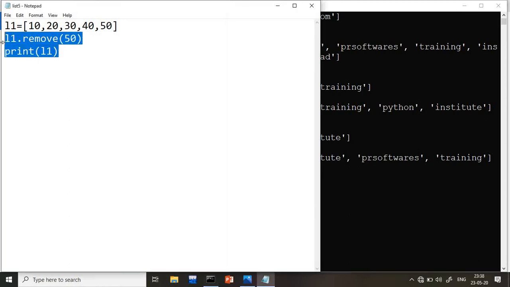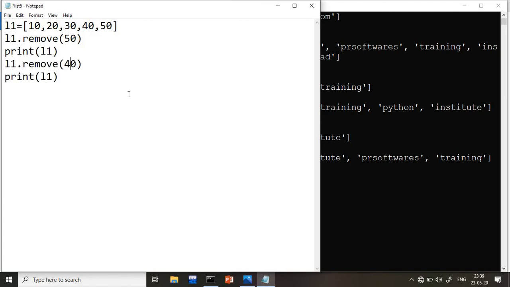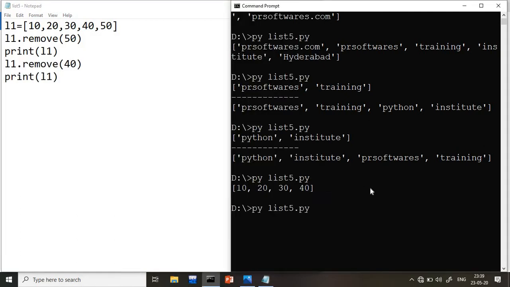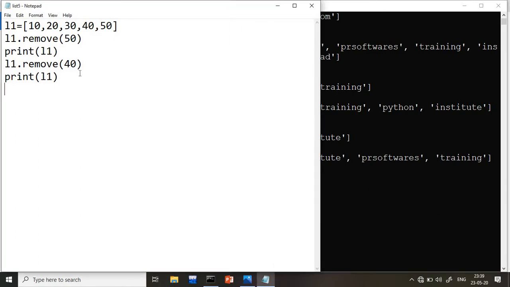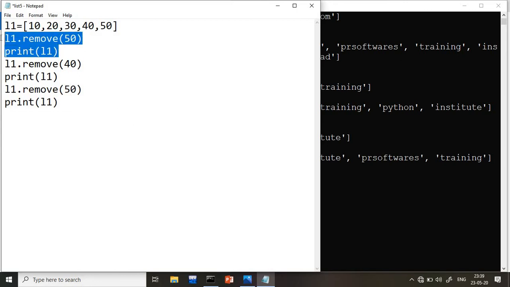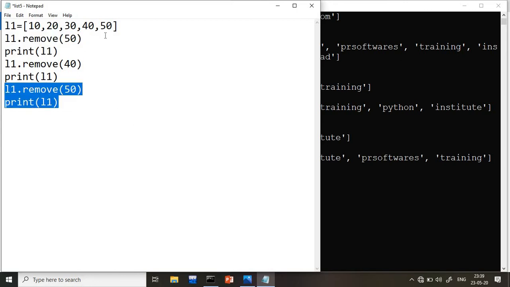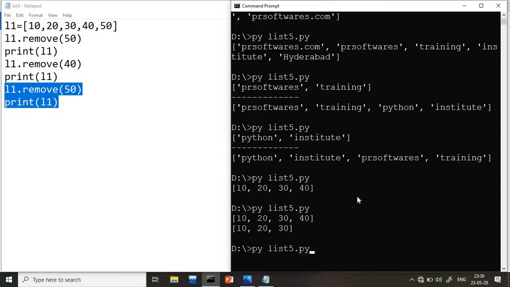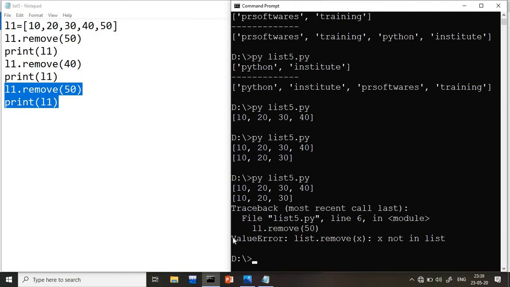After that, again I want to remove 40. Can I remove it? Just check it. You can remove any number of values, whatever you want. It is removed. Now sir, one more thing here. Suppose I remove 50 and remove 40, and again I am trying to remove 40 or 50, any value. Once that element is removed and you try to remove it again, because see, already 50 is removed, so there will be no 50 in this list, but still I am trying to remove it one more time. So what will happen? You will get one error, and that error is called ValueError.